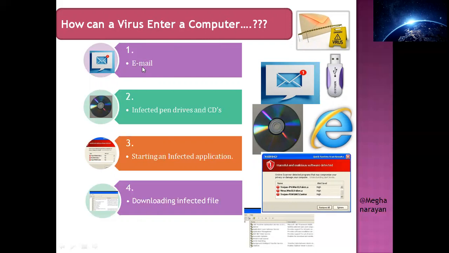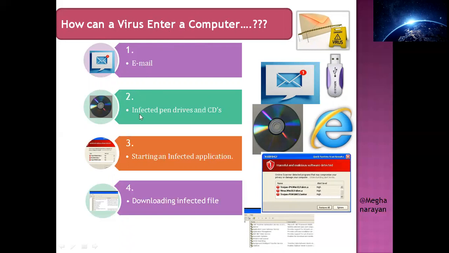That email seems auspicious to you because it came from a relative, but once you open that mail, it also has a suspicious file attached with it. Once you download that file, the virus enters inside the computer. This is one of the ways, that is email.